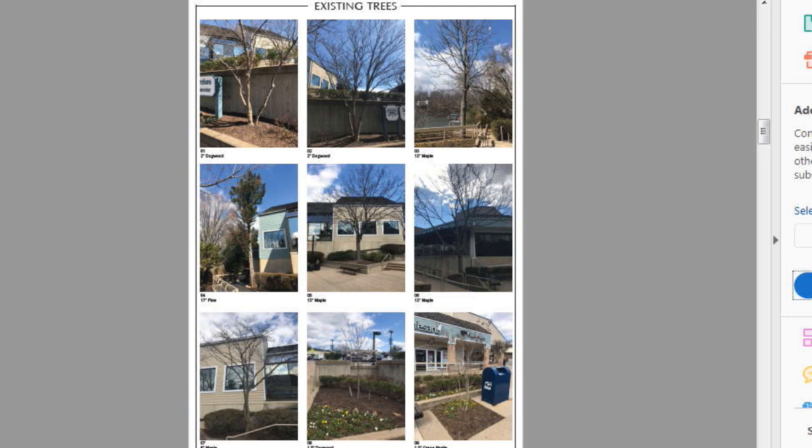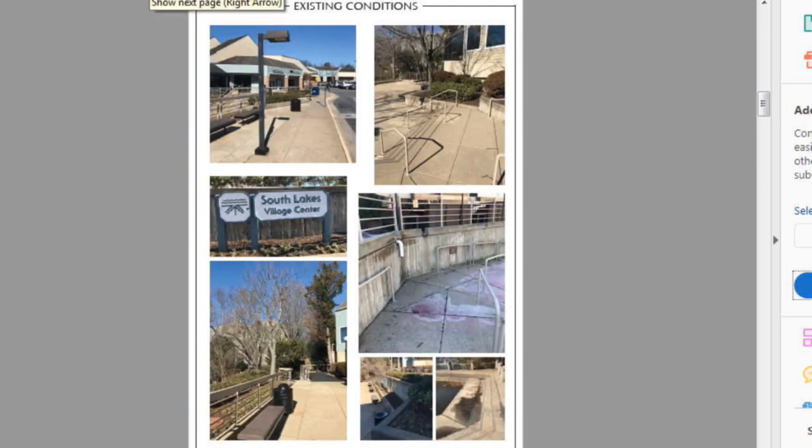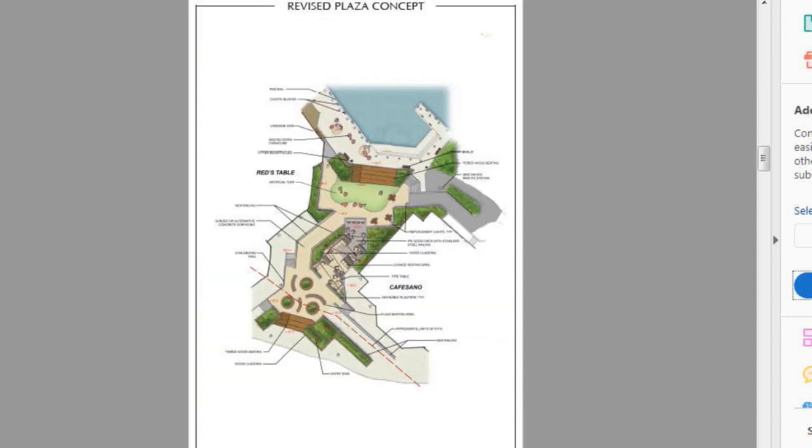You can flip through. I'm sure you've all looked at them. If you look at the plaza design on that page,